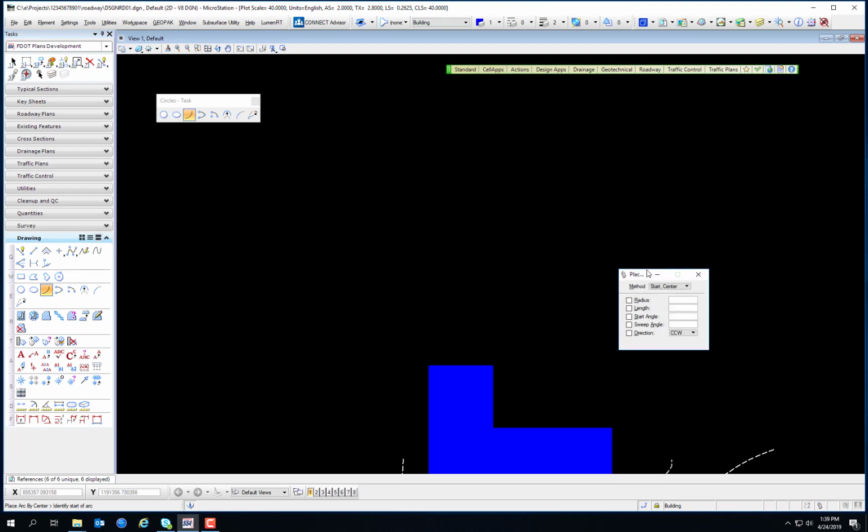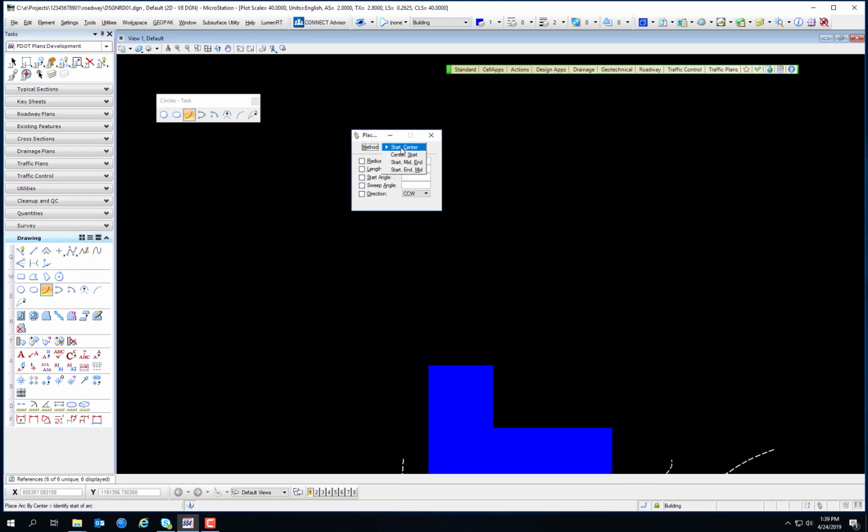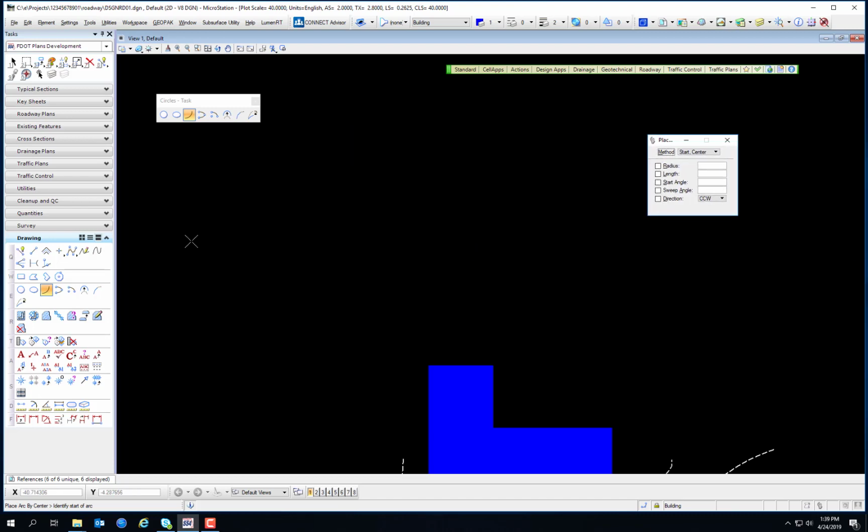It gets even more ridiculous with the Place Arc tool because you do have 4 ways to place an arc. The start and center point, the center point and then the start, the start, the middle, and the end, and the start and the end in the middle. I'm going to sequentially demonstrate. Start center is data point. You see we're specifying the radius of the arc first, and then the length of the arc. So it's a starting point to the center, specify the radius,